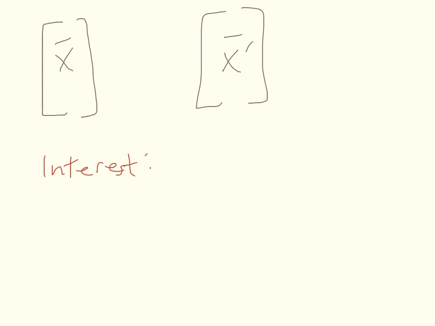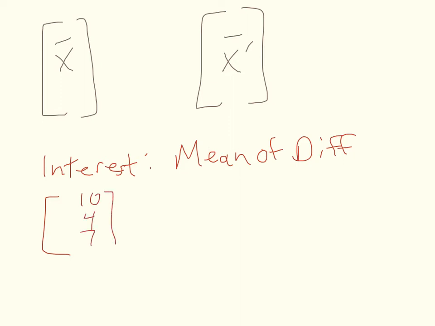The thing of interest is actually the mean of the difference. Okay. What do I mean by that? Let's say I had three people, and at first it was 10, 4, and 7. And then in a time step later, I remeasured them, and it was 13, 8, 9. Okay? This is at time step t. This is at t plus 1. If I wanted to find out if this has increased, I have to first find out the difference,